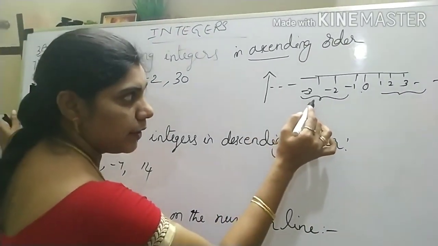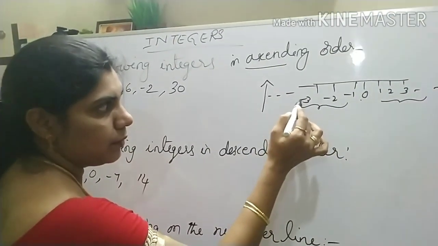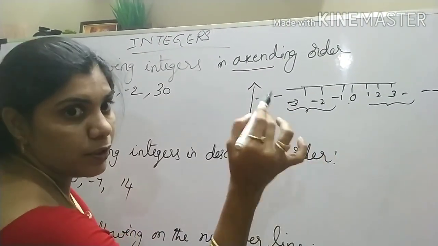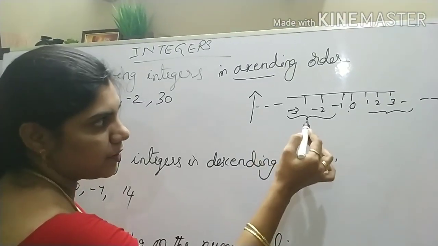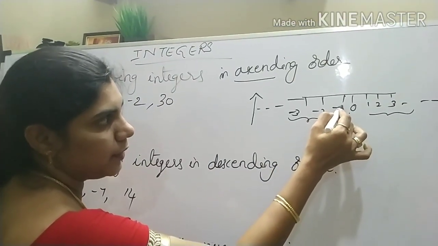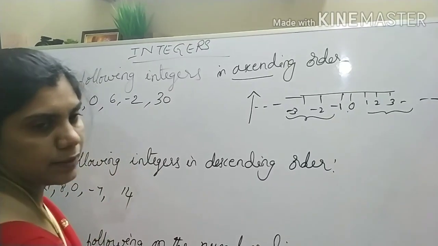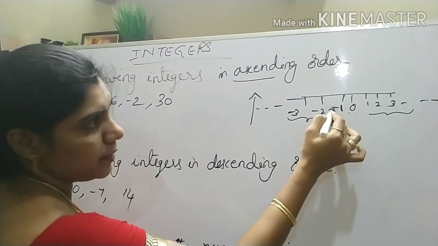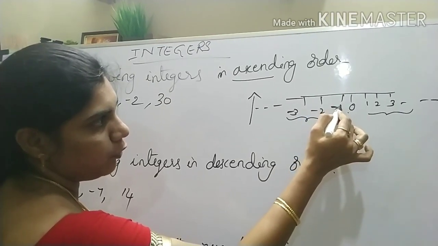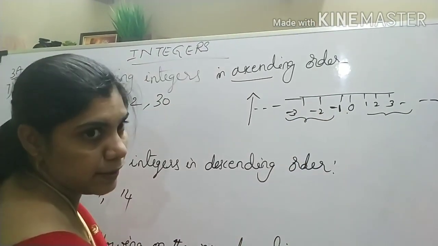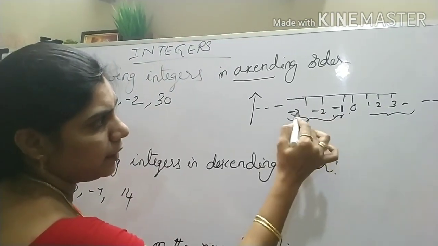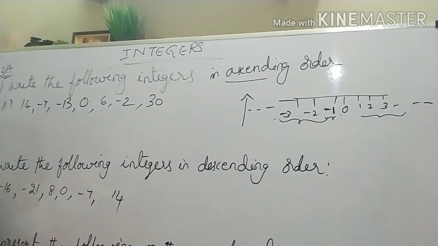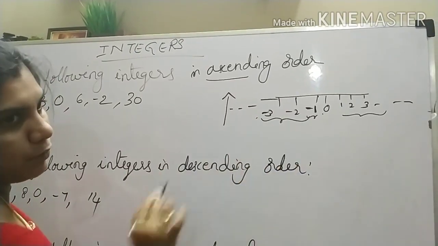In the negative numbers also, the bigger numbers with the negative sign are smaller than the other numbers. That means if one is a smaller one, but before this one here we have minus, so this is bigger than the remaining negative numbers to its left. So first you have to understand that one.